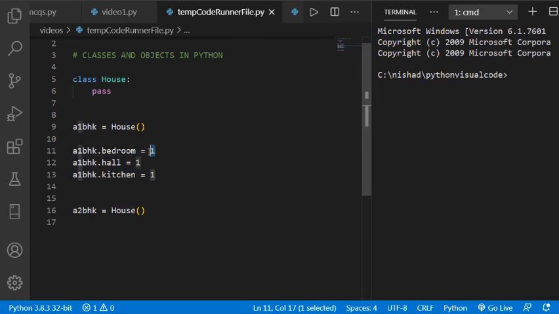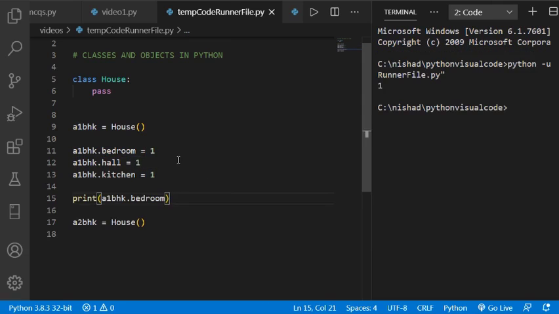So it will have 1 bedroom, 1 hall and 1 kitchen. So these are attributes, and I have placed a value in each particular attribute. Okay, so now I can access these values over here. Let's say I want to know how many bedrooms a 1 BHK object, or a type